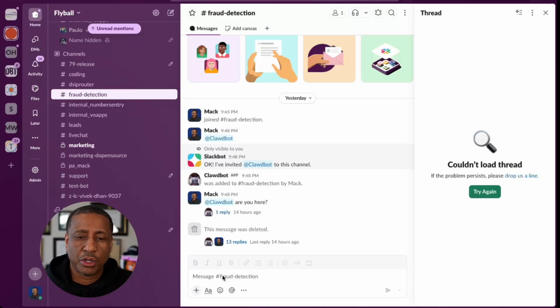So the first thing I'm going to do is do a couple of things. One, I'm going to grab a skill that I've built that basically tells Openclaw how to actually go look for fraudulent calls. And then once I get that set up, I'm going to test it. And then from there, I'm going to set it up as a scheduled task so that it runs every morning and outputs the results into this channel. So let's first take a look at